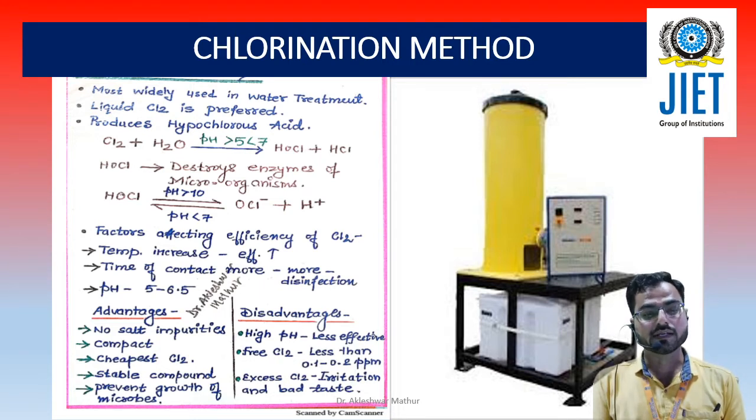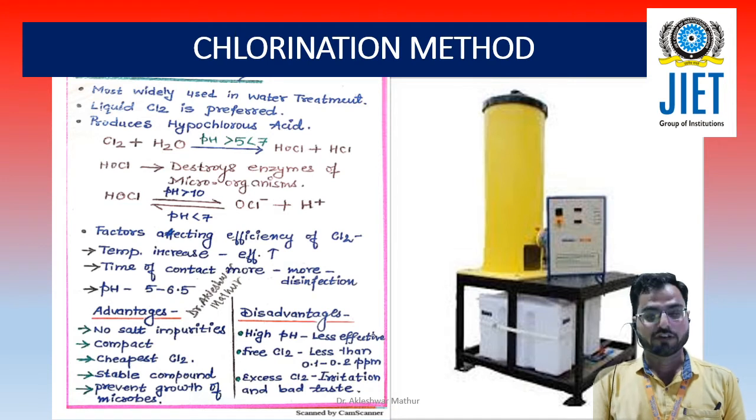So it is necessary to maintain the pH of water during the chlorination process to obtain the maximum disinfection action of the chlorine to provide safe and clear water. The optimum pH for the action of chlorine is 5 to 6.5. If the pH of water is less than 5, then it will become more acidic. We can add some alkali material to improve the pH of water. On the other hand, if the water has a pH more than 6.5, then you can add some acid to reduce the pH of water